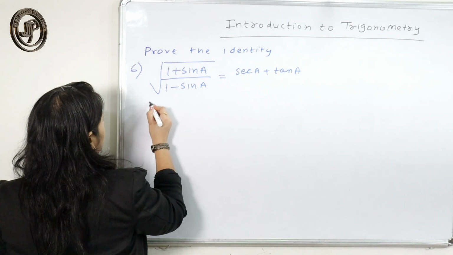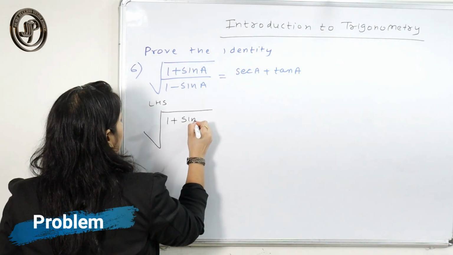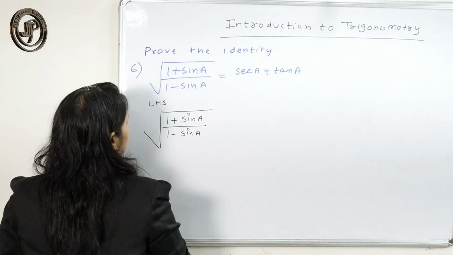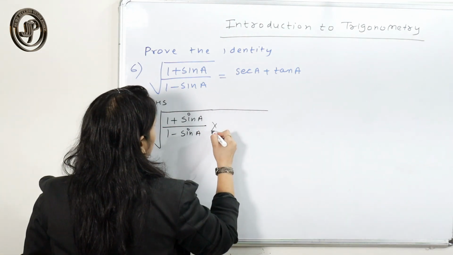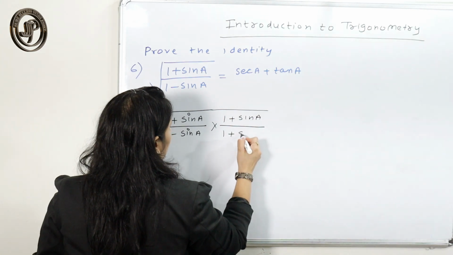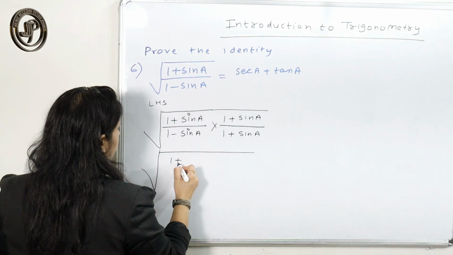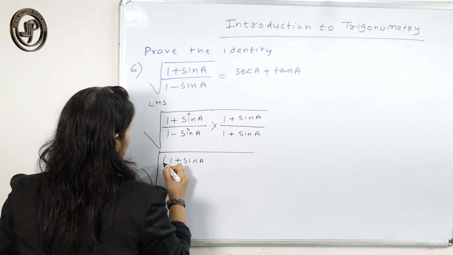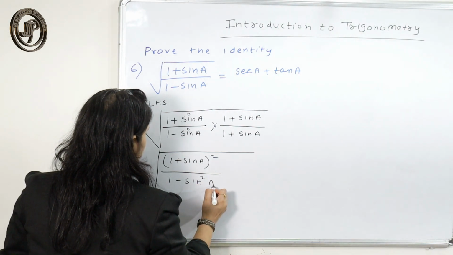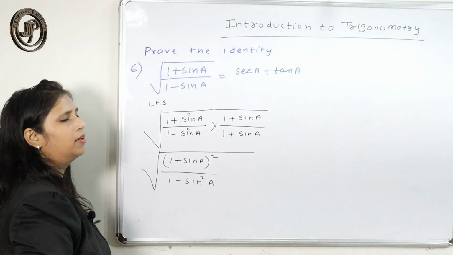So here is a question. We take the LHS first, and since it is already in sin cos form, what I do is just simplify this. How? I just rationalize this by taking the conjugate of the denominator. Now what I get is (1 plus sin A) whole square upon 1 minus sin square A. How 1 minus sin square A in the denominator? Because it is 1 plus sin A times 1 minus sin A.